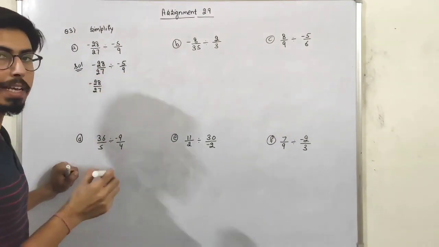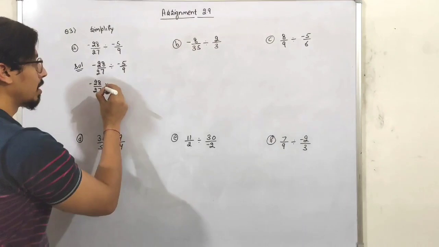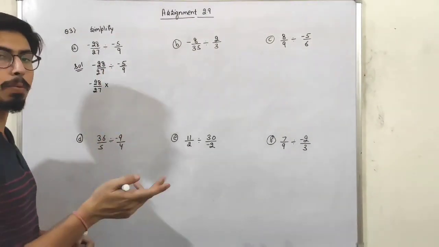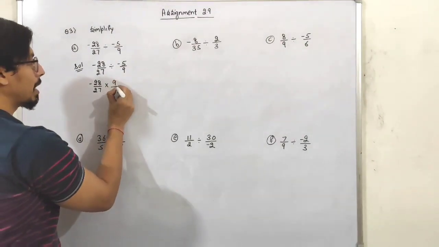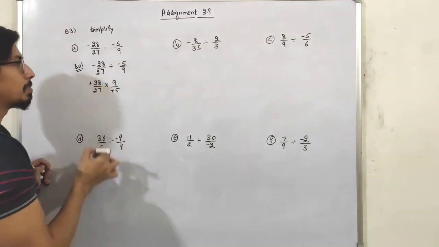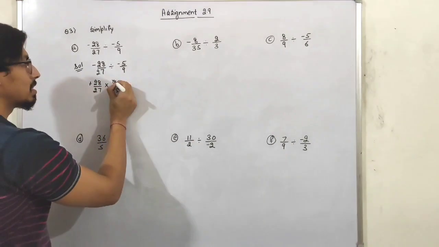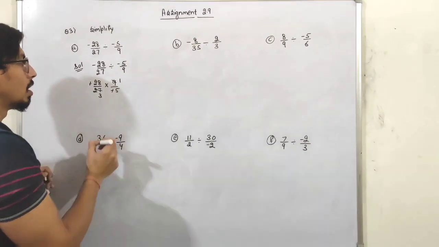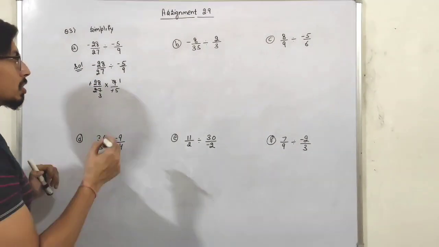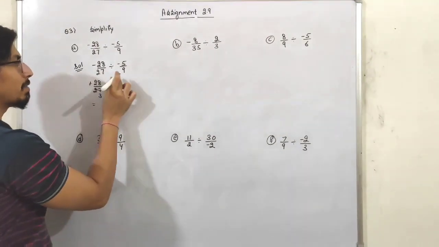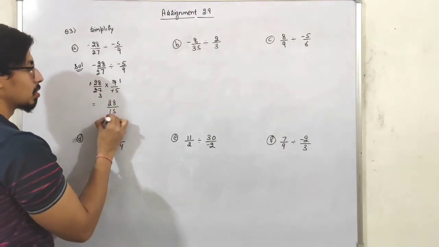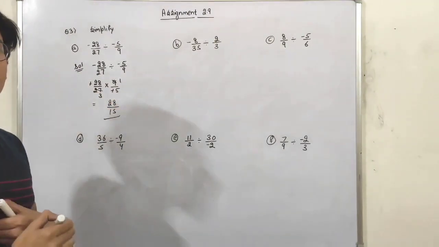So just replace the division sign with a multiplication sign. So the rational number after the division sign will get reciprocated. It will be 9 by minus 5. Okay, so let's see. This minus sign will cancel out with minus sign. Okay. So 9 is 9, 9 3s are 27. So this 28 is neither cancelled out by 3 nor by 5. So just multiply. So 28 into 1 is 28 and 5 3s are 15. So the answer is 28 by 15.